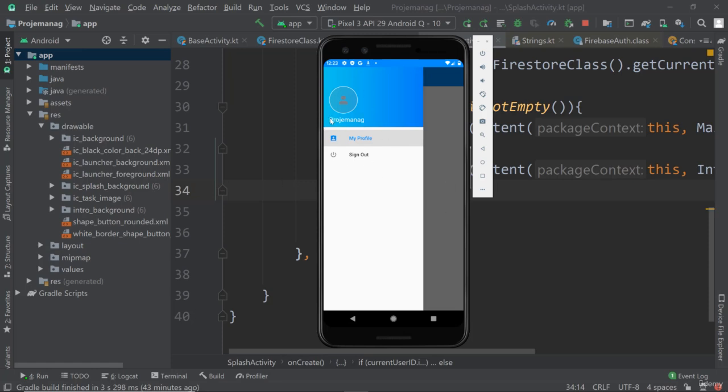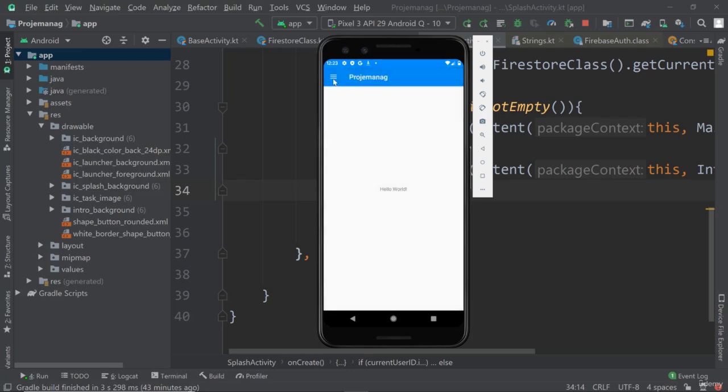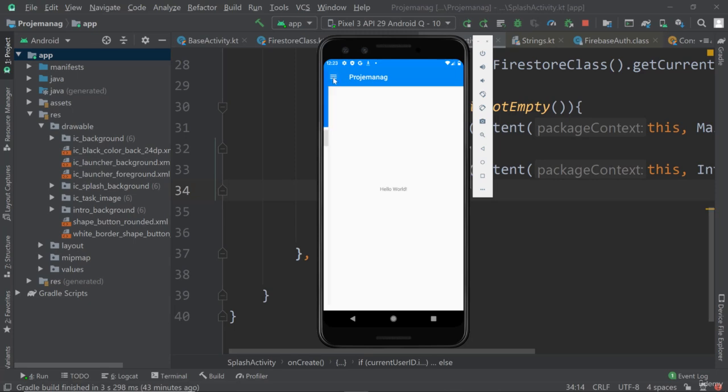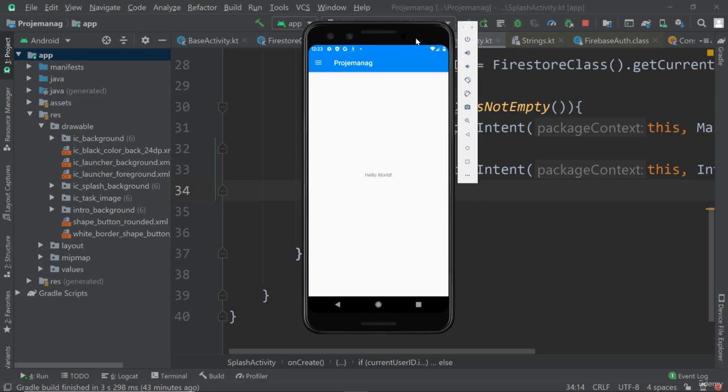And we can also see currently the name of the application. Later on it will be replaced by the username and then also the user image. So that's the idea of this feature. And of course we will also have this little burger icon which also adds this functionality or opens up this drawer. Okay, so this will take quite some time to set up, so be prepared for quite some XML stuff